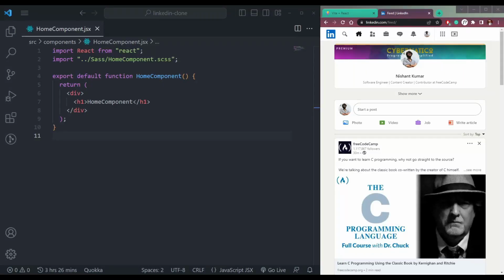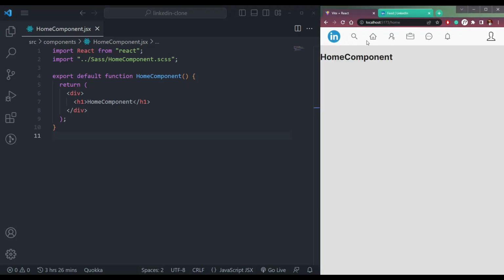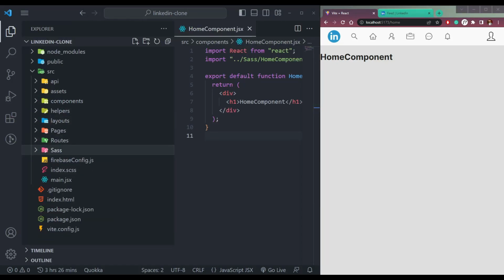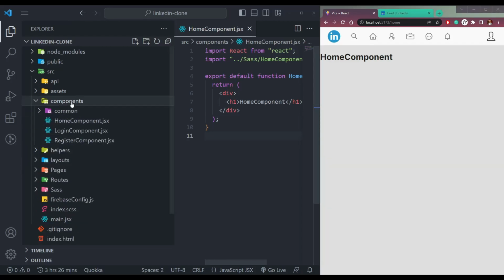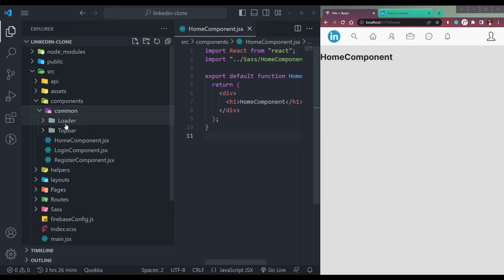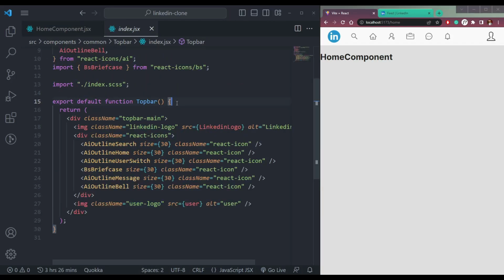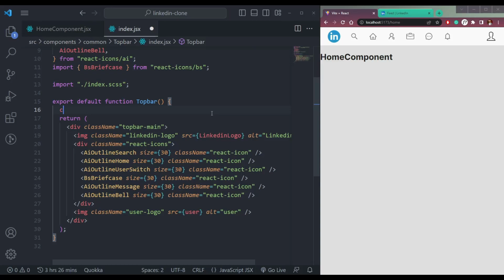Now let's move on to the home page, I mean this page in LinkedIn, the feed page. So click home. By the way, let me also create routes for the home, I mean top bar. Yes. So open components, common, top bar, index.jsx, and let me create one function called navigate, or say go